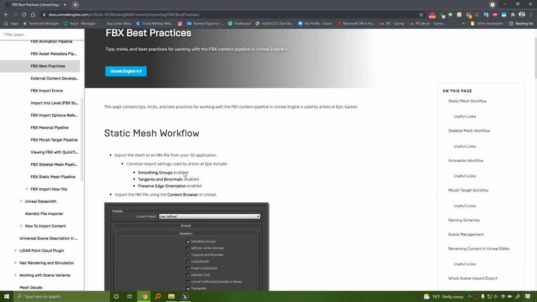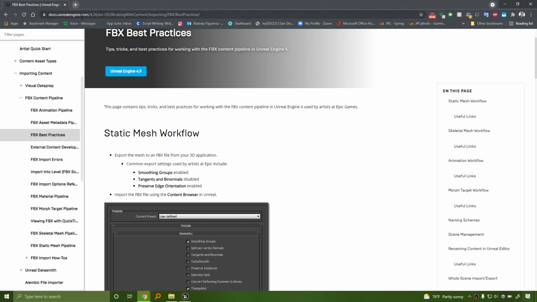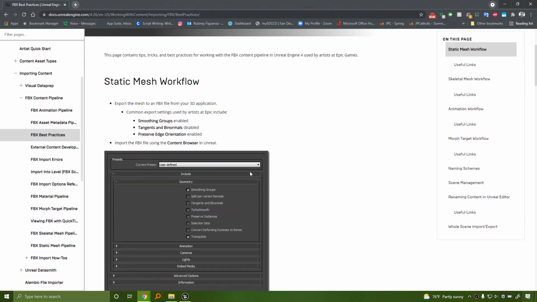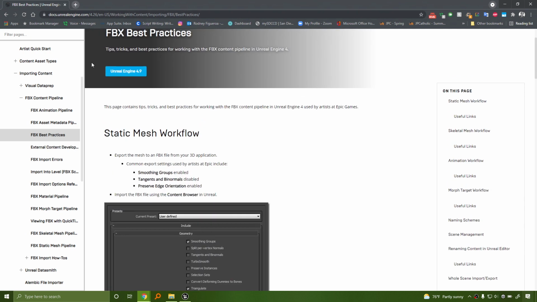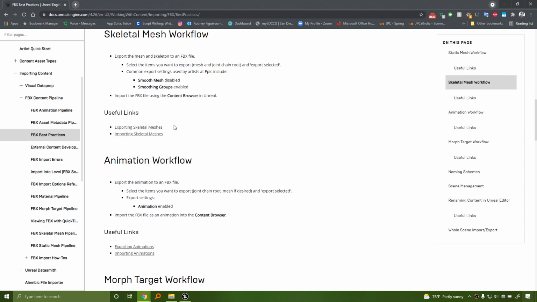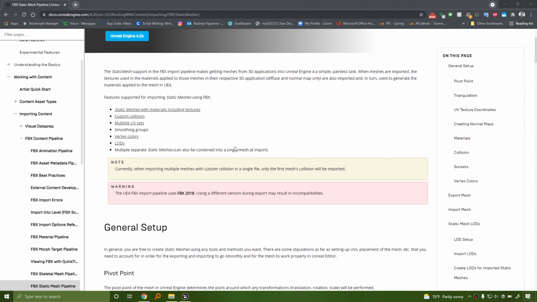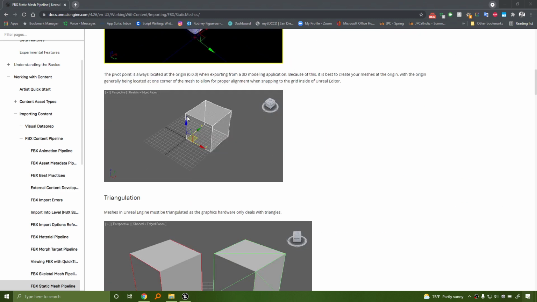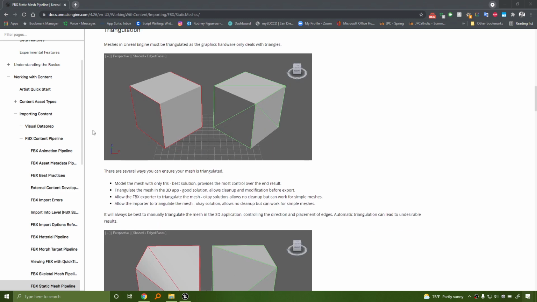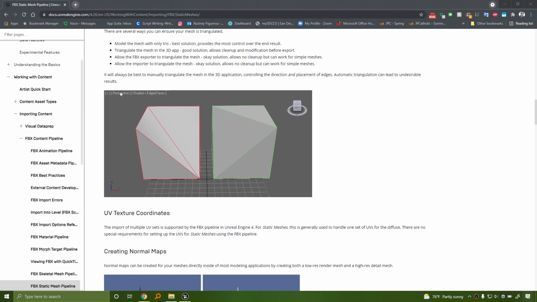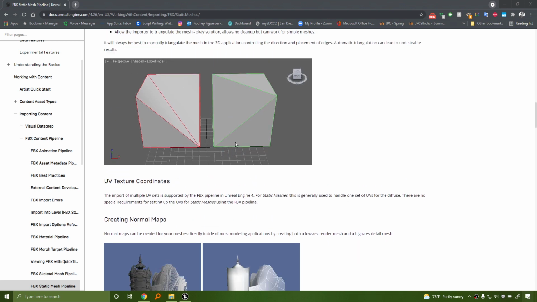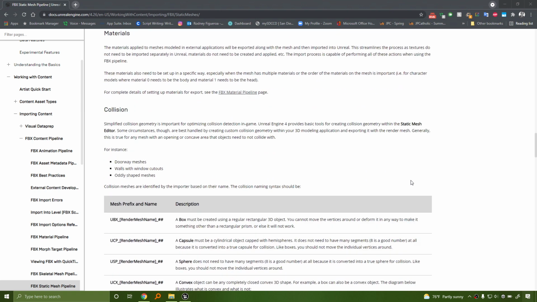This is the best practices section, which talks about how you can get your static meshes out of Maya into UE4 or UE5 as well. As you can see, they're using 3D Max. I think it's 3D Max they're using in this demo.